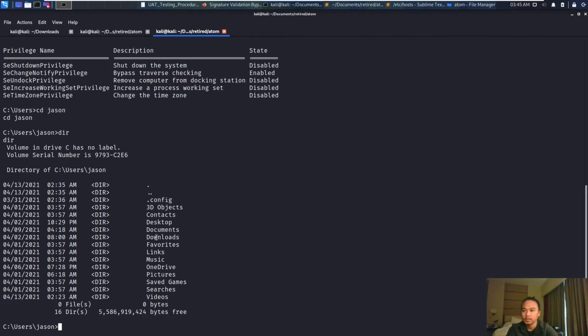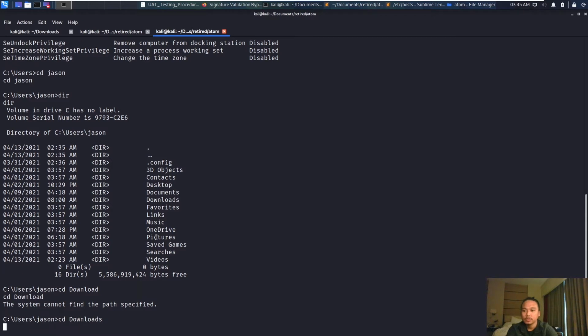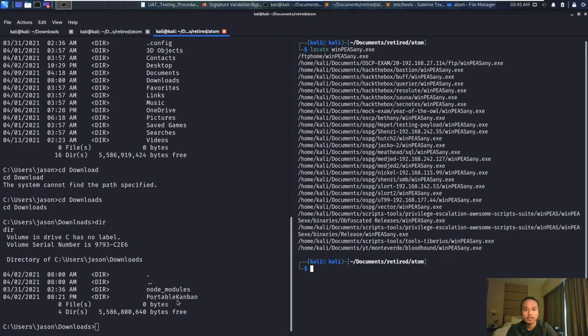user.txt on the desktop, but you can actually try to navigate here. You find here cd downloads, dir some. Okay, so actually this is going to be useful later. This is another clue, and you can actually run winpeas here, winpeas.exe. So let's just copy this one